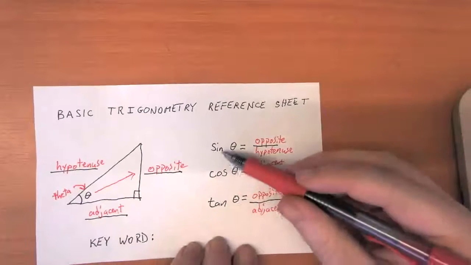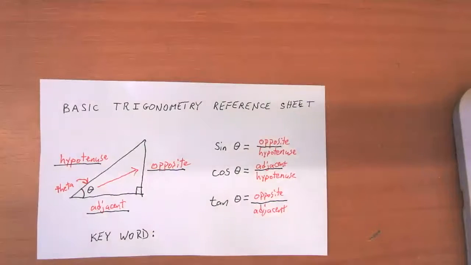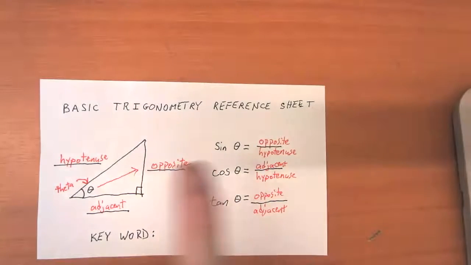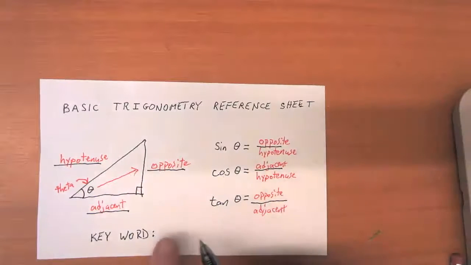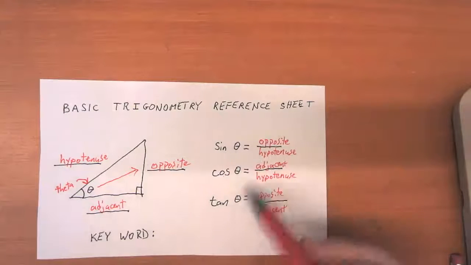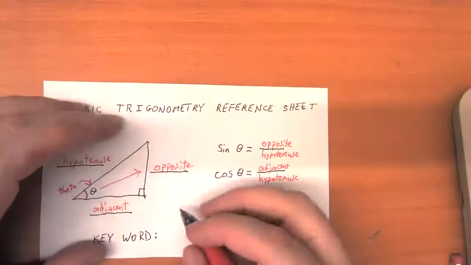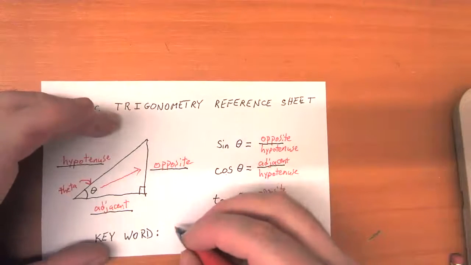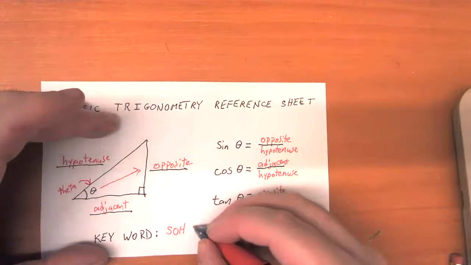So these three functions, sine, cosine, and tangent, and their definitions, the ratio of two sides, this would be hard to memorize. There's no real sense of why these are defined the way they are. And so one of the things that we have always done as a people is to kind of come up with some memory tools that are going to help us remember which of these functions go along with which of these definitions. And the key word, let's say word, but it's really just this series of 9 letters,